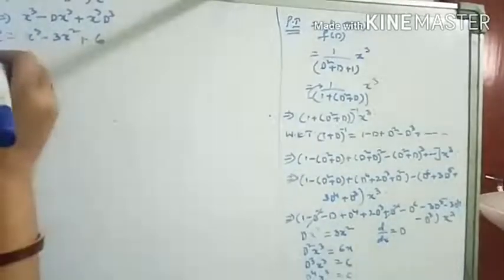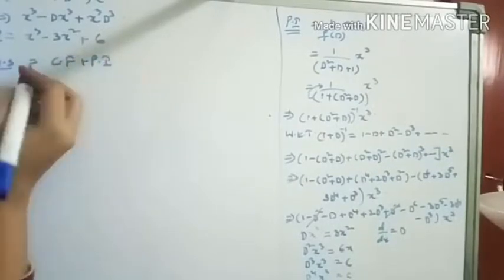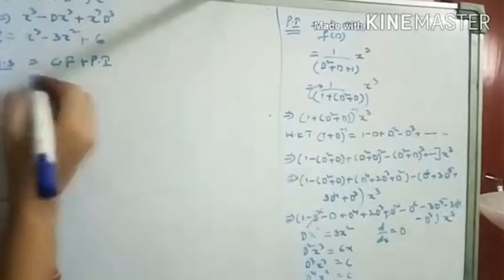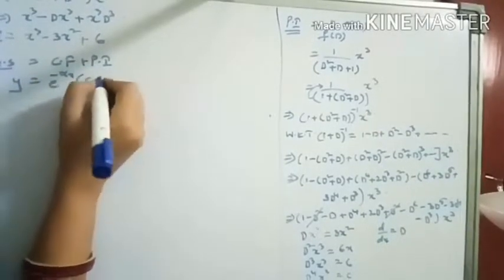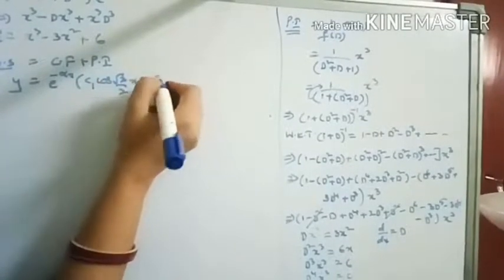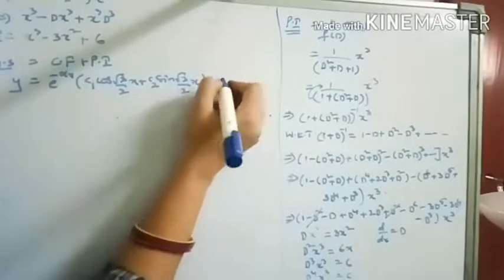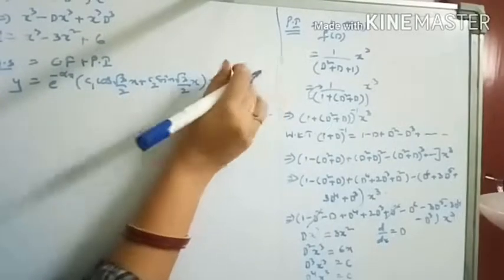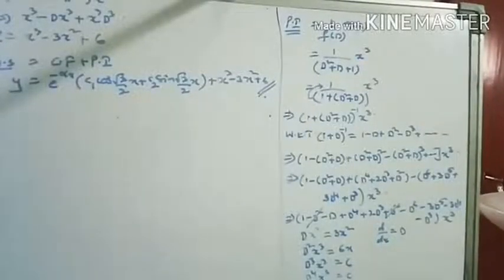Now the general solution is equal to the complementary function plus the particular integral, where the complementary function is equal to e power alpha x of c1 cos root 3 by 2 x plus c2 sin root 3 by 2 x, plus x cube minus 3x square plus 6. This is known as your complete solution under rule 3, and here I have not written the alpha value, it's equal to your minus